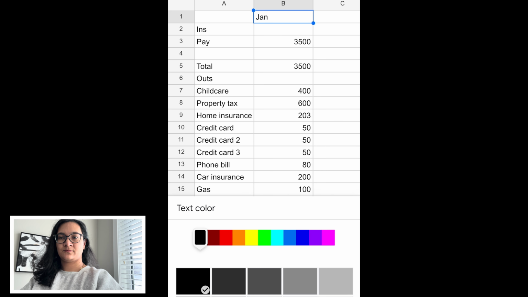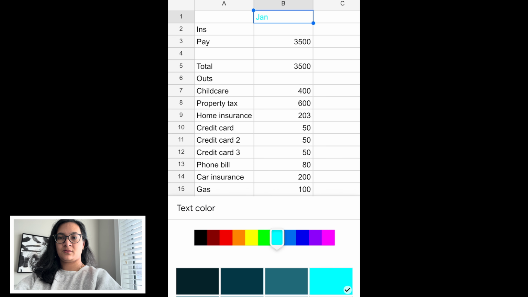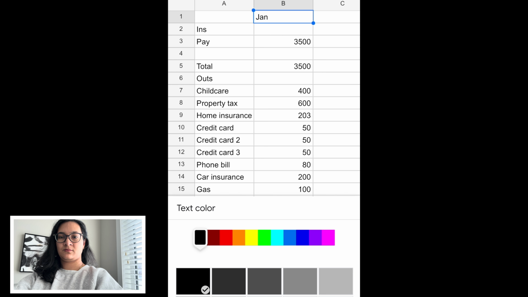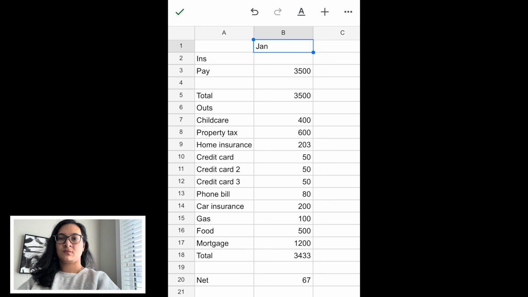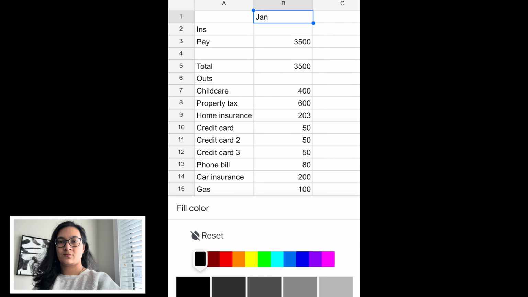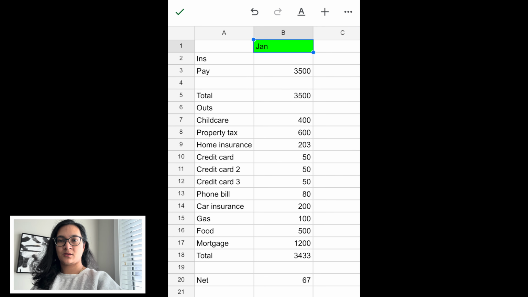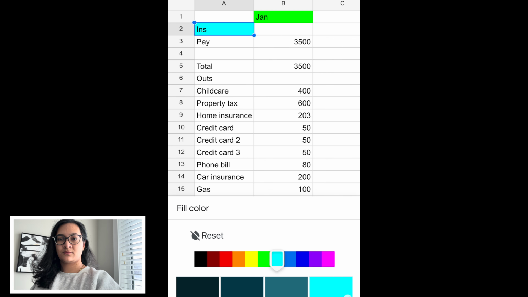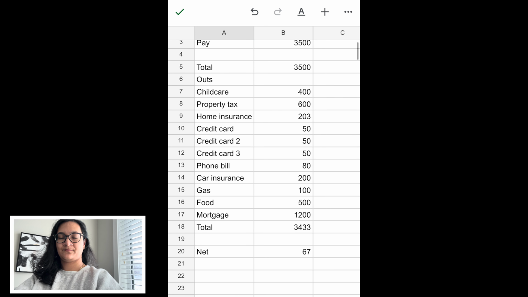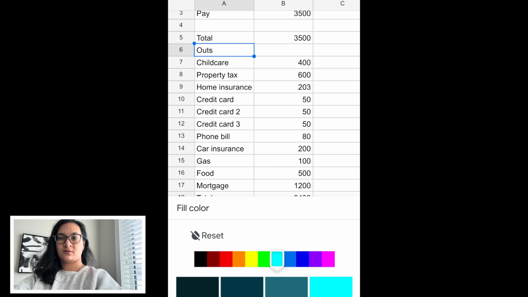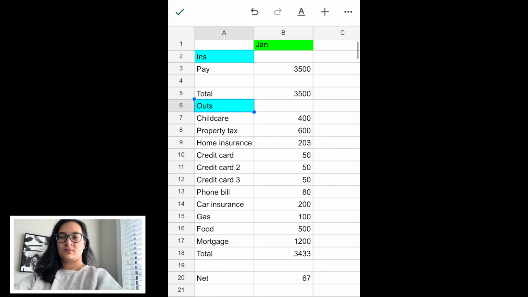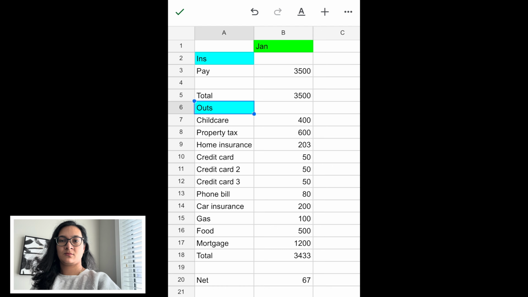So create a budget and have like a budget tab, and then copy this budget over and have like an actual tab where you can enter in the costs that come in. So have the budget set, so don't change the budget amounts, but have in the actual tab all the actual costs that are coming in, so you can track it that way. So here I'm just color coding,